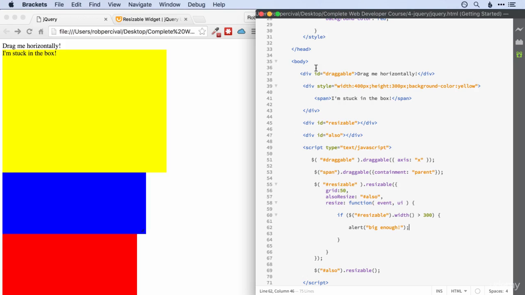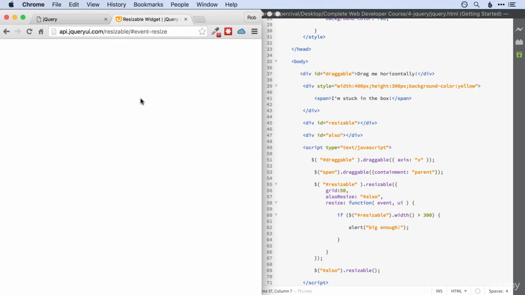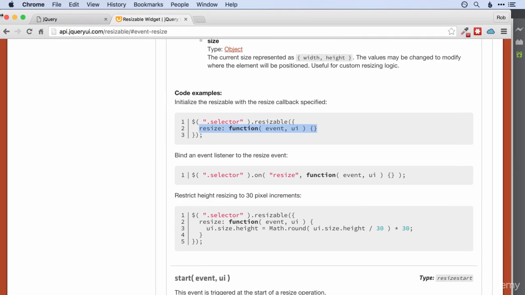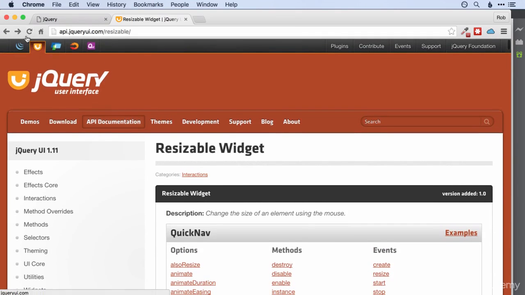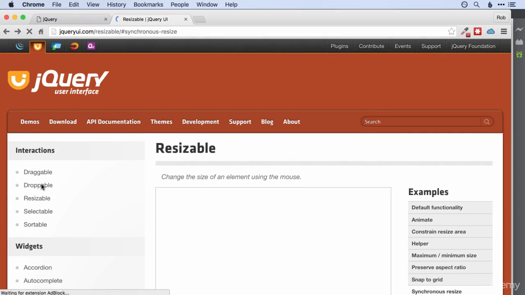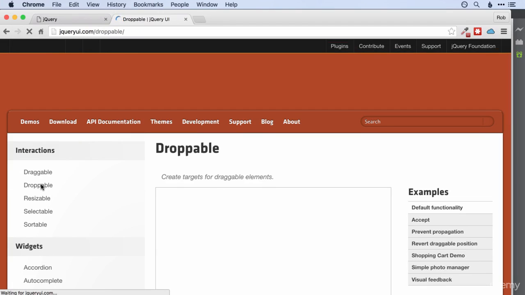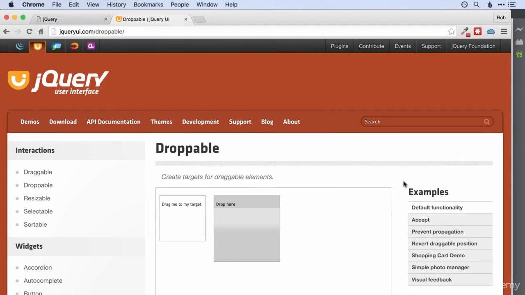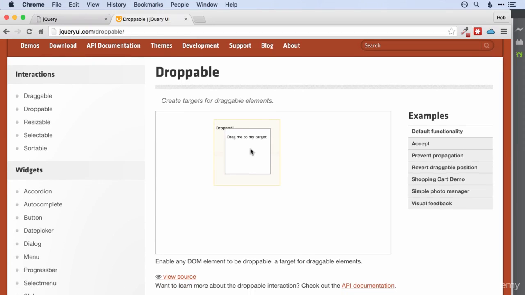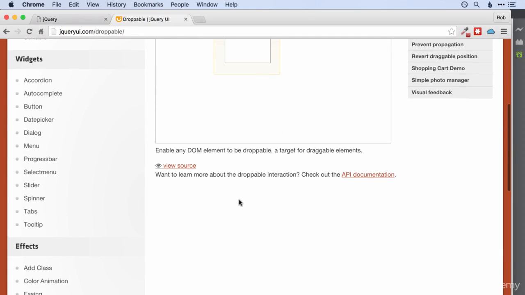Okay, I hope you managed it. The idea, of course, was to use the droppable interaction in the jQuery UI. Let's find it. There it is. So this has got this built in, that we can drag the first one around and then drop it into the second. So really all you need to do is understand how this works